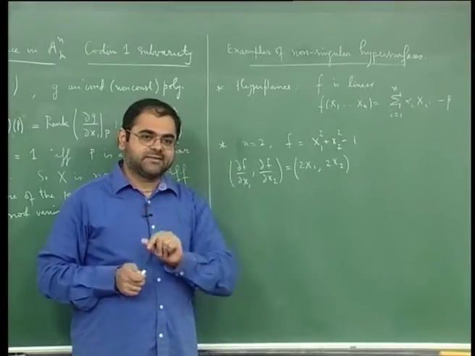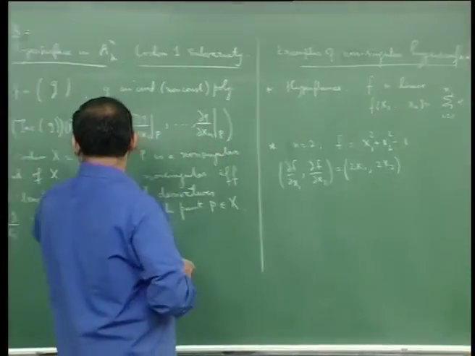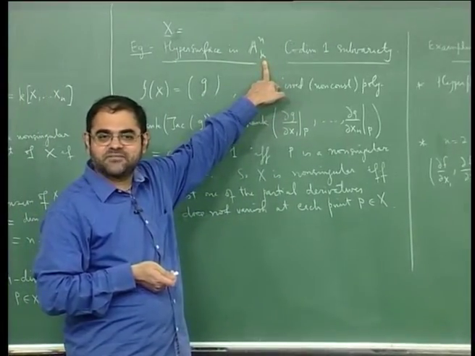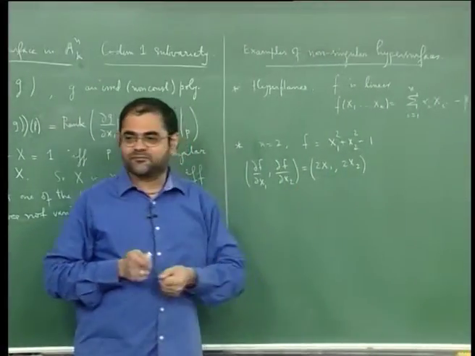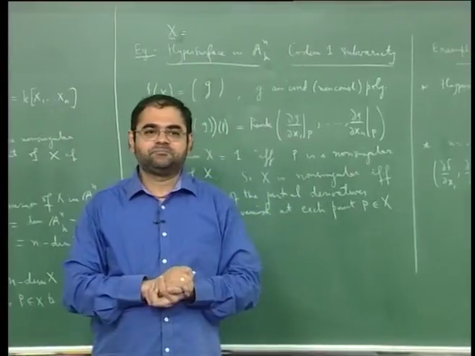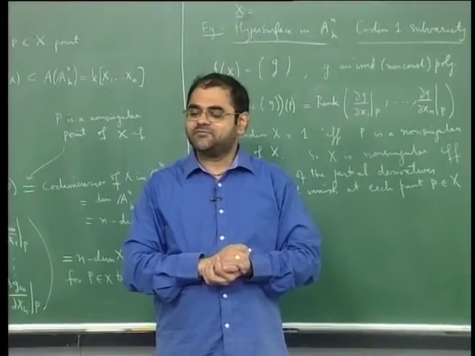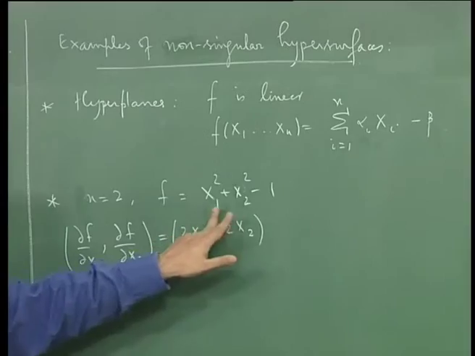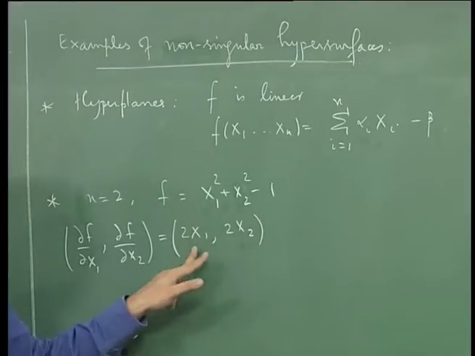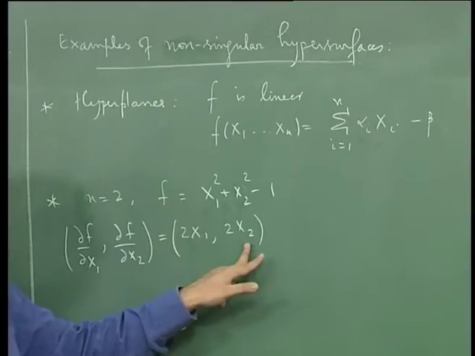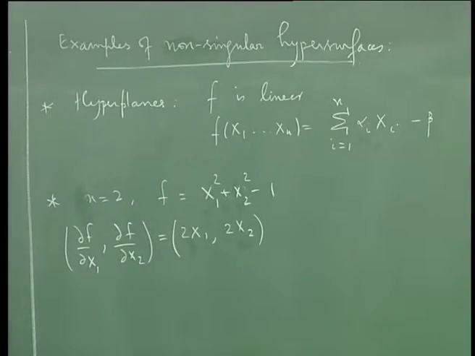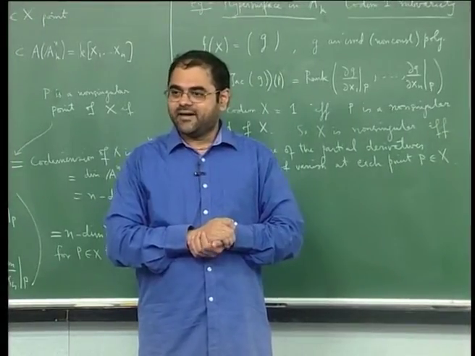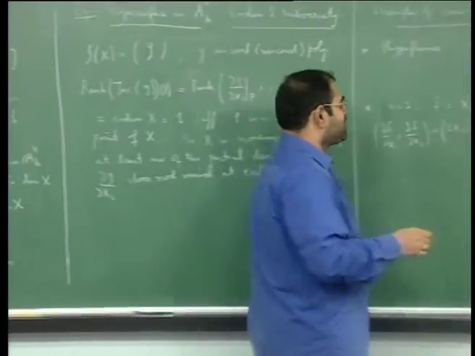But there is a catch. The catch is that this K could be of characteristic 2. K could be an algebraically closed field of characteristic 2, in which case this will be identically 0, because in characteristic 2, 2 is 0. So if K is an algebraically closed field of characteristic 2, then this will vanish. So you have to be careful about the characteristic of the field where you are doing these computations. And so let me put characteristic is not equal to 2